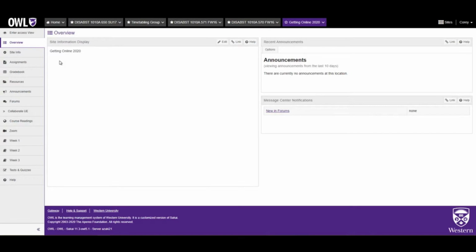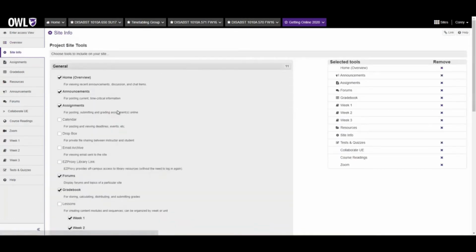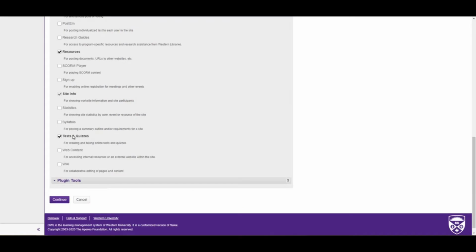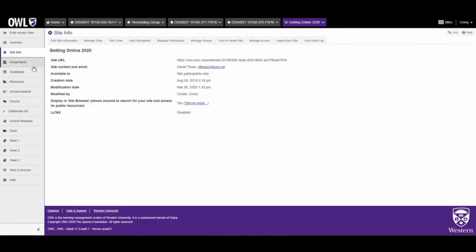So let's get started. Within your OWL site, you'll want to click on the Site Info tab, and then you will want to click on Manage Tools. This will bring you to all of the tool options within your OWL site, and scrolling to the bottom shows you the Tests and Quizzes option, which you will want to ensure is enabled. Click Continue and Finish to add that tab to your menu on the left margin, and you'll see it here towards the bottom, Tests and